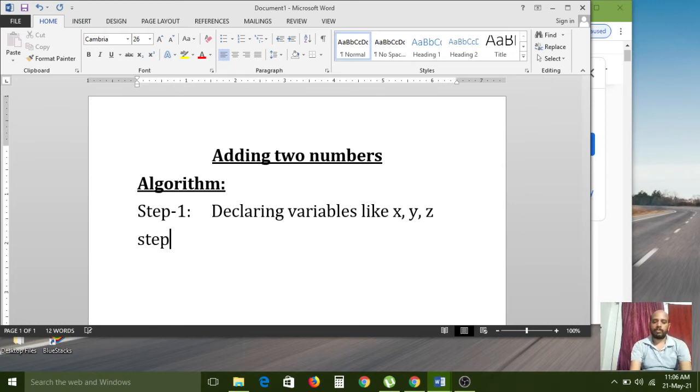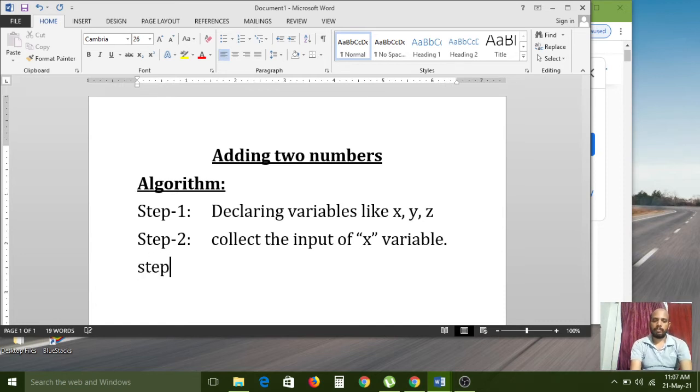After that, in step 2, collect the input of x variable, and next, step 3, collect the input of y variable.